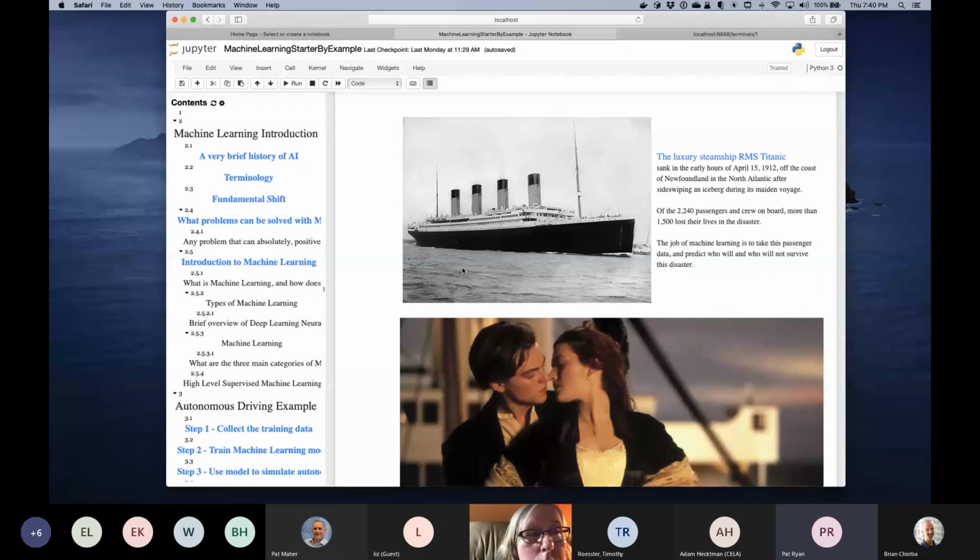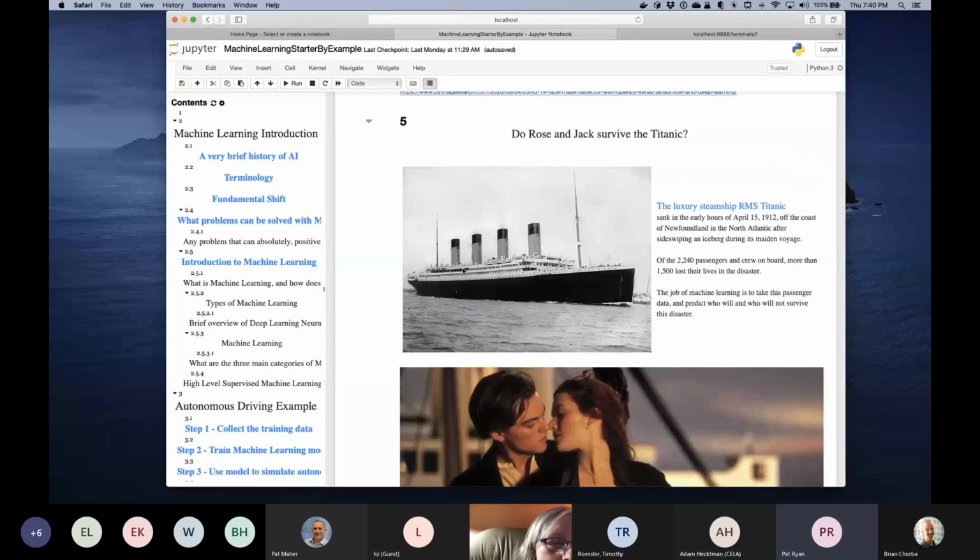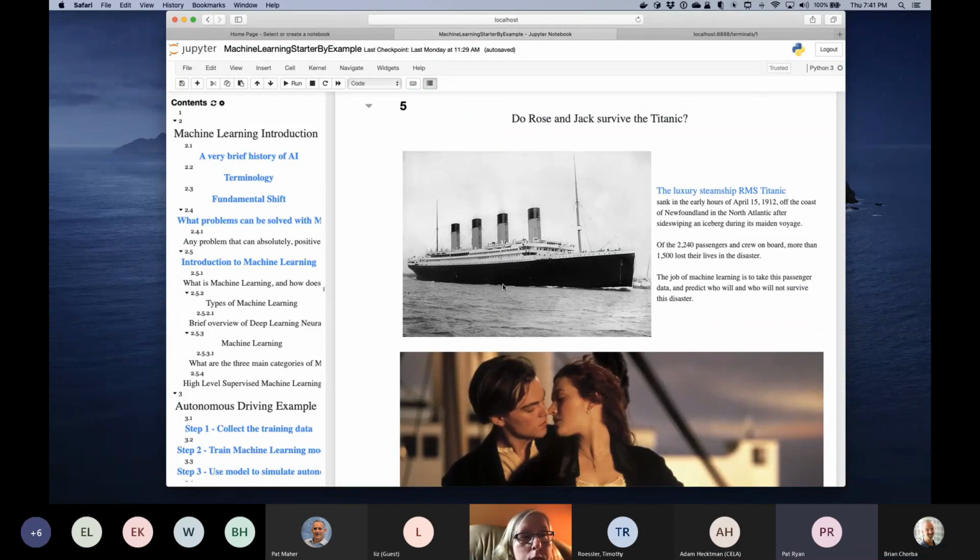As I said, I have all these examples that I can do in a half-hour presentation or a 2-hour presentation. So let me go through this. We talked about bias. So I am going to look at a very simple data set called the Titanic data set. It's one of the very first data sets you'll likely look at when you get into machine learning. And I have to tell you right now, there is a spoiler alert. So if you don't know how the Titanic ends, you might want to just turn off the audio for a minute. All right, so we're going to try to predict if Rose and Jack survive the Titanic.